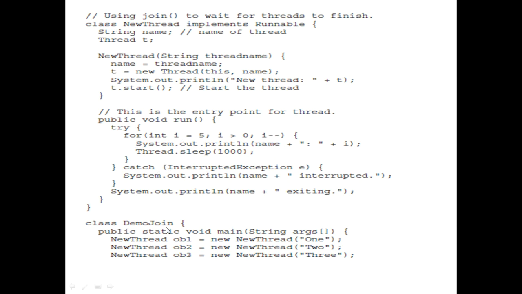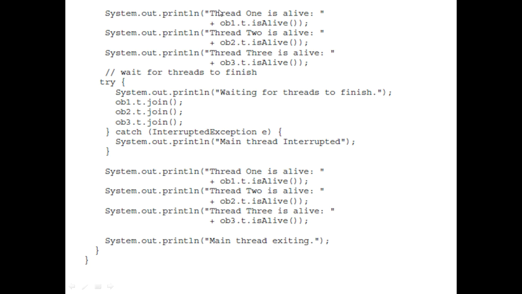Now in the class DemoJoin, we have created 3 threads; ob1, ob2, ob3 are the names of the objects and the names of the threads are 1, 2, 3. Next we check the status of the newly created threads, whether they are alive or not. If they are alive, meaning still running, the status will be displayed as true.